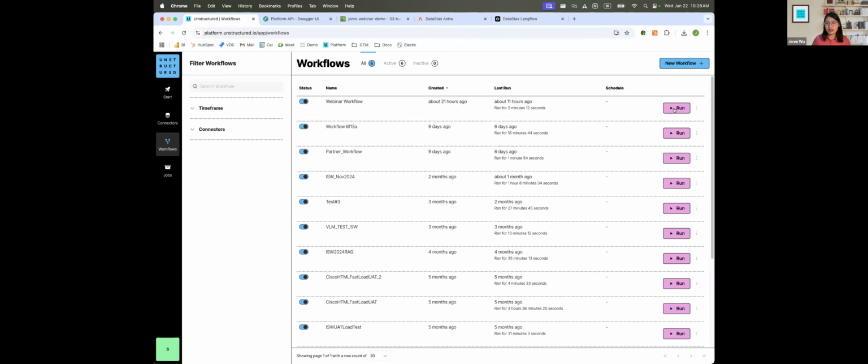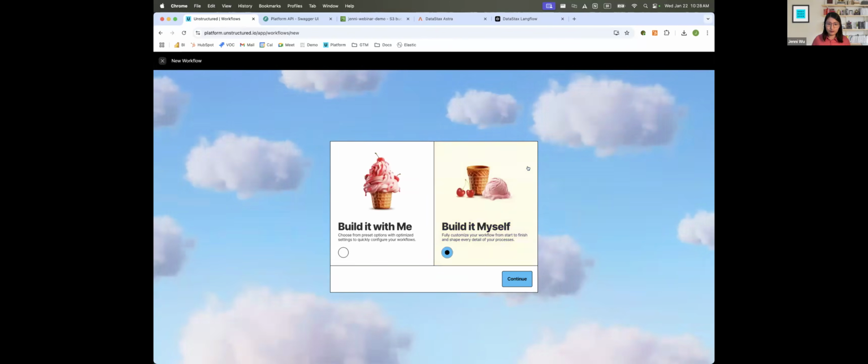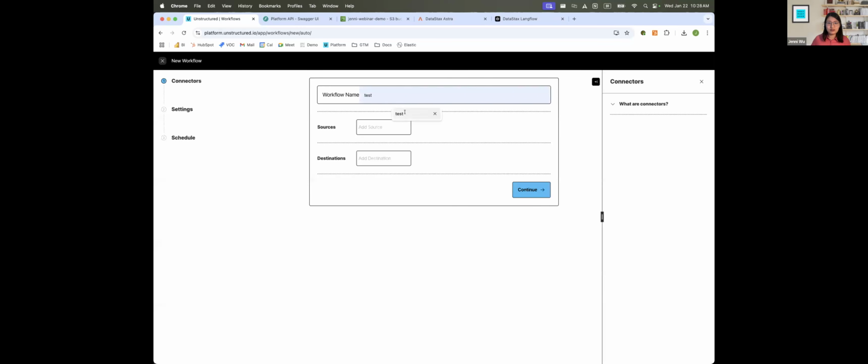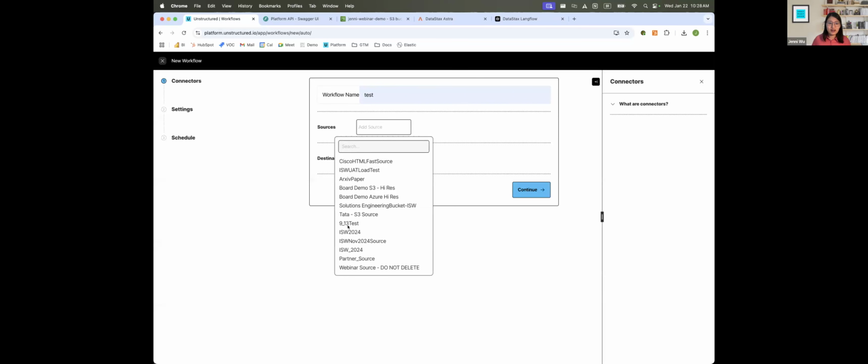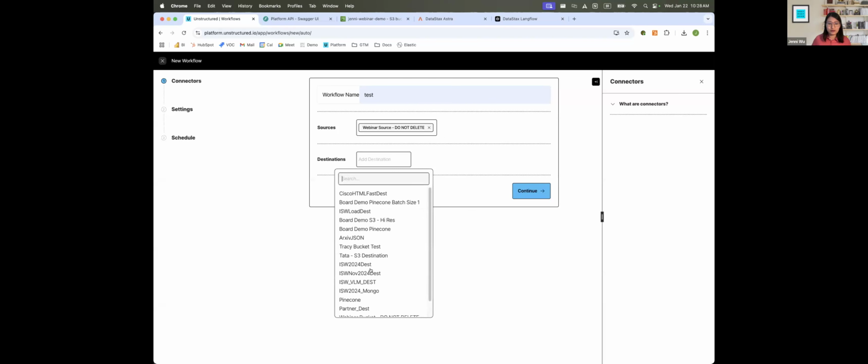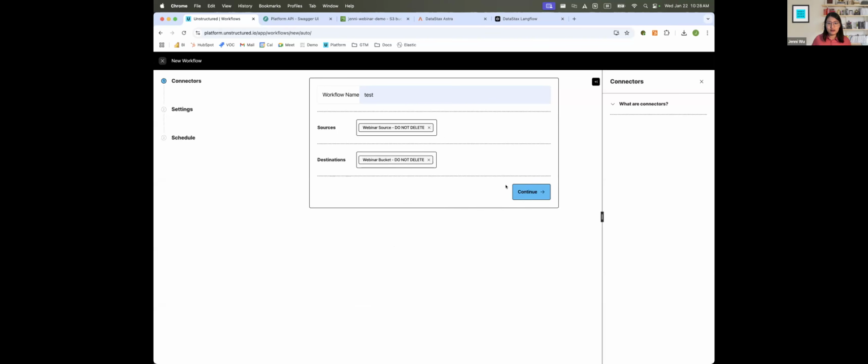You go into the workflows tab, you can click on create a new workflow, and you have two choices. You can either build it yourself, which allows you to control every detail of the workflow itself, or you can choose the easy button and select build it with me. Inside the easy button, you create a workflow, select a source, and then select a destination.